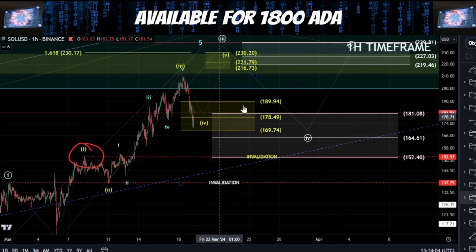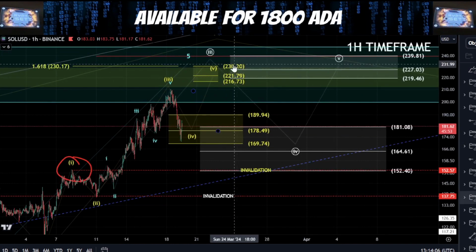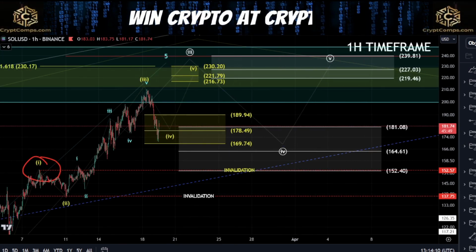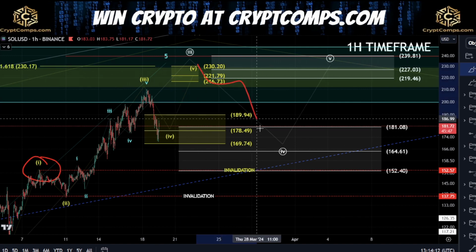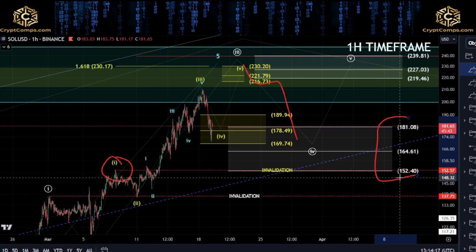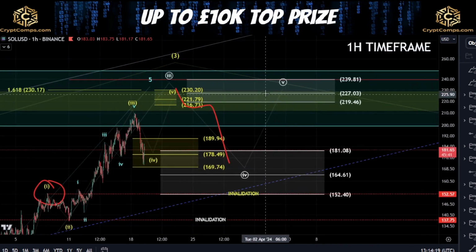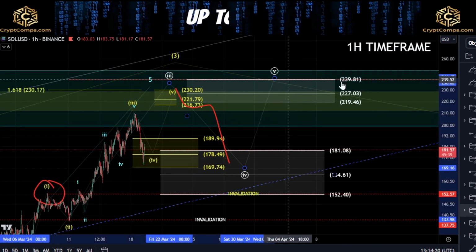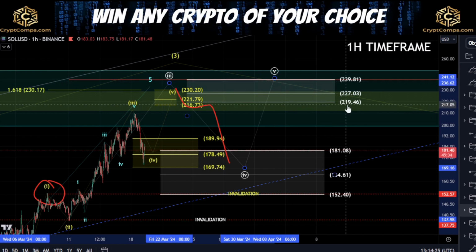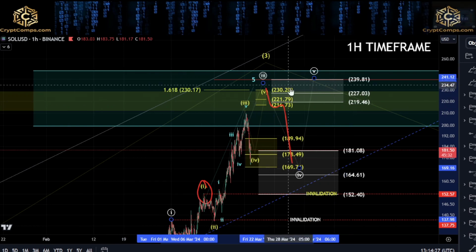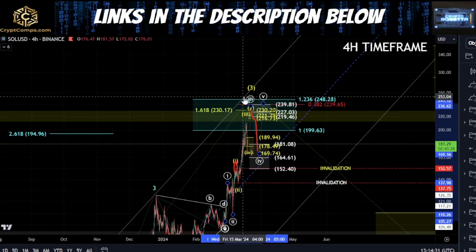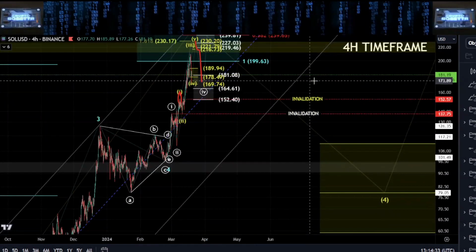If we do continue to hold this zone, we could be looking for a push up towards this 230 area, and then I would be looking for an additional fourth wave to push us back down into this zone of this 181 to this 152, and then a final fifth wave to the upside, which would push us towards this 239 to this 219 zone. Now, what this would then mean, if we just come back out here, is that this third wave, the yellow one, would then be completed,